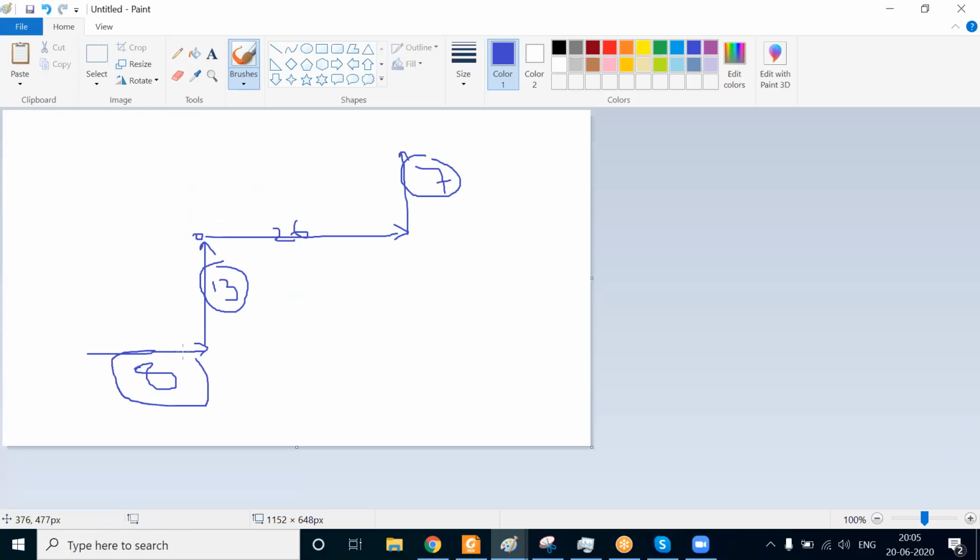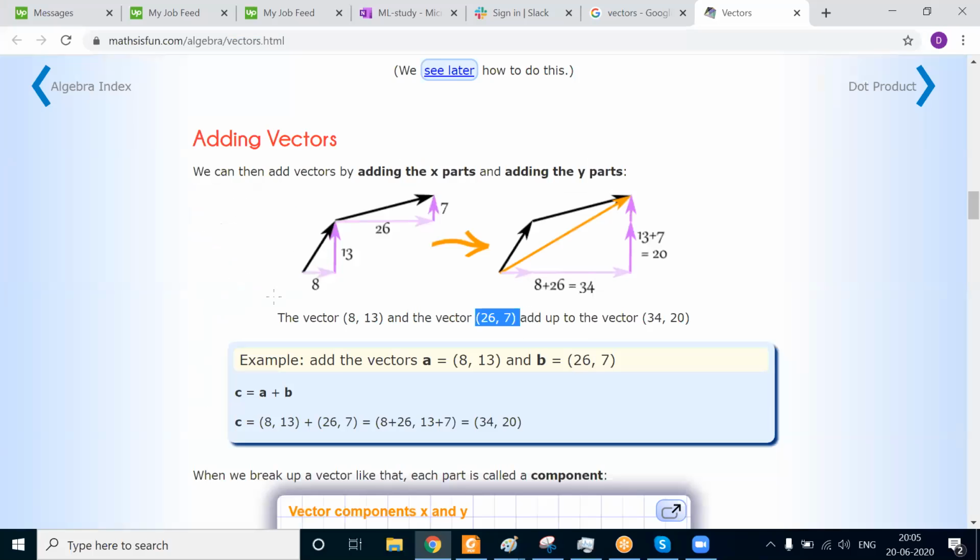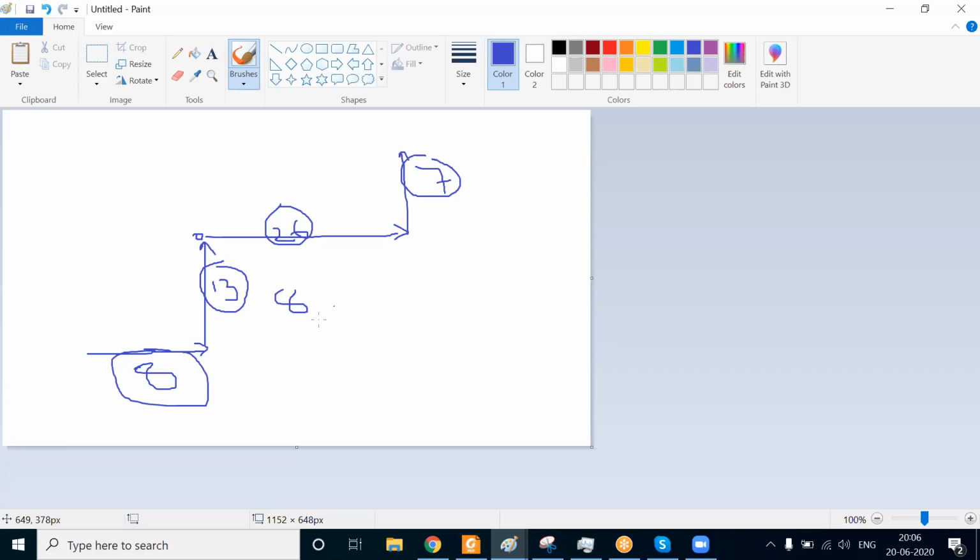And these both are my x-axis. That means this is the x-axis, and that is 8, 13. This is the x coordinate, this is the y coordinate. And what is this? This is 26, 7. Clear? Now, if I want to sum this vector with this vector,